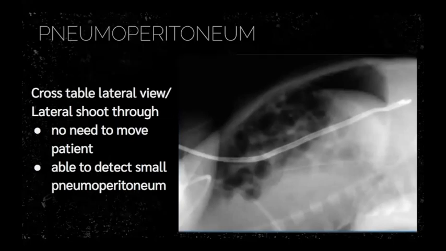Right, whenever in doubt, you would want to take a secondary view. In case of pneumoperitoneum, what is suggested now is a cross-table lateral view instead of a decubitus view. Cross-table lateral view is where the patient just lies supine, and then we take the radiograph from the side. So the advantage is we have no need to move the patient,